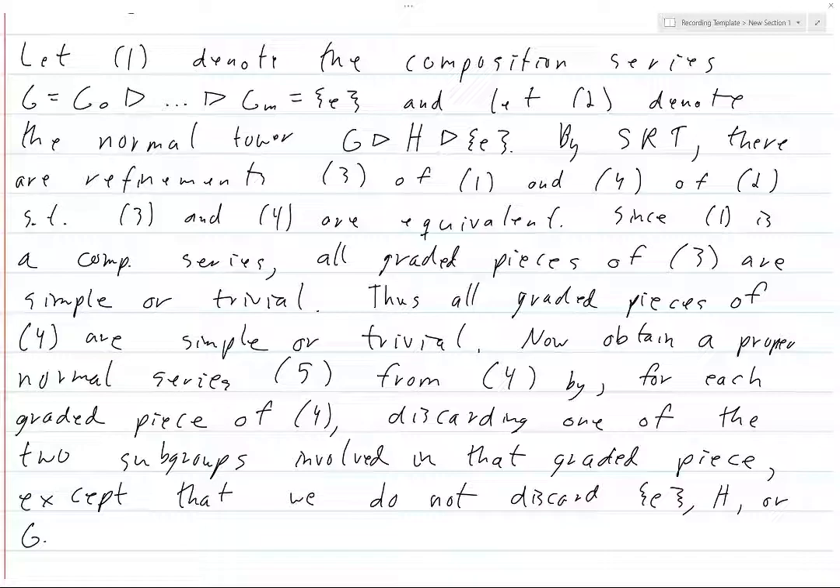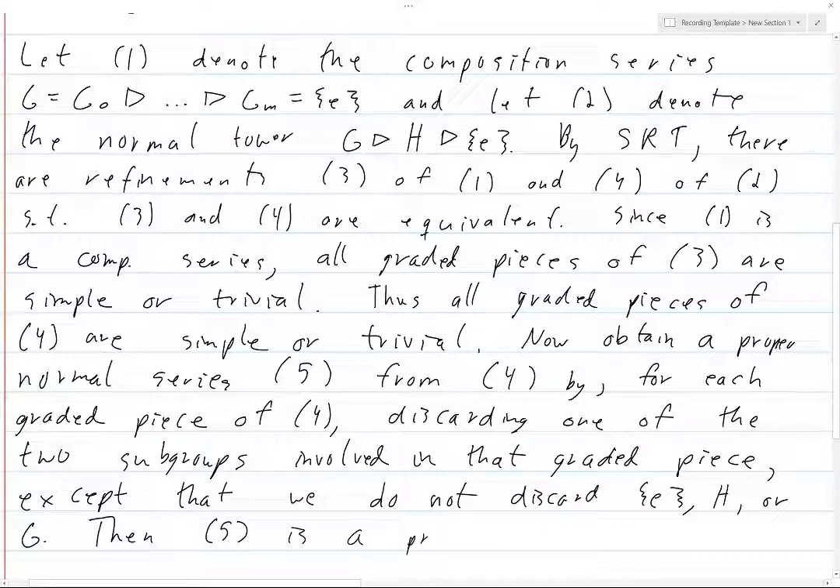So that means we're never going to be in a situation where we cannot, well, okay, let's phrase it affirmatively. Given any trivial graded piece, we can always discard one of the subgroups involved in that quotient without discarding E, H, or G. And when we do this, what's going to happen? Then 5. So now we've created 5 by throwing these out, and so 5 is a proper